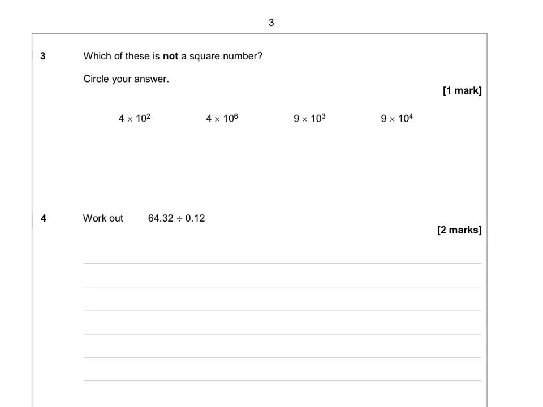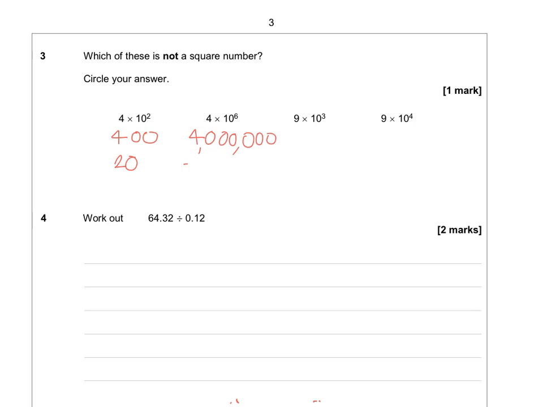Question 3. Which of these is not a square number? Circle your answer. So if we look at each of these numbers, 4 multiplied by 10 squared, that of course is 400, which is the same as 20 squared. 4 times 10 to the power of 6 is 4 million,